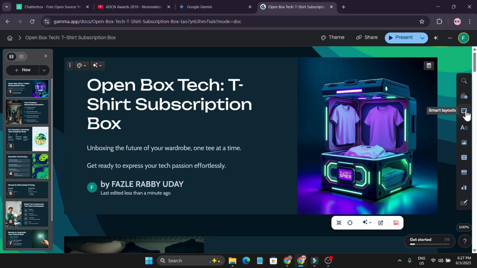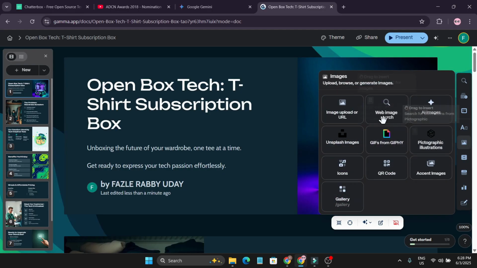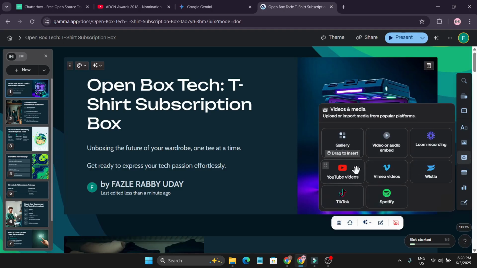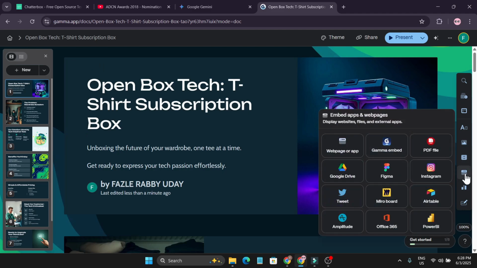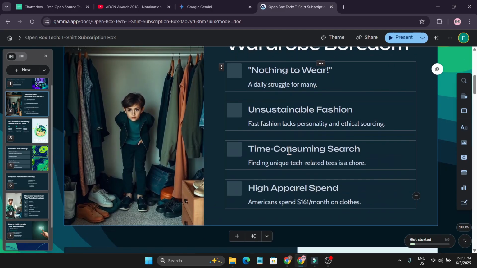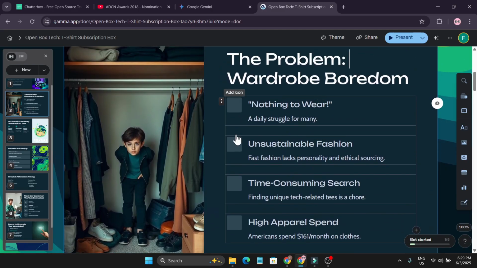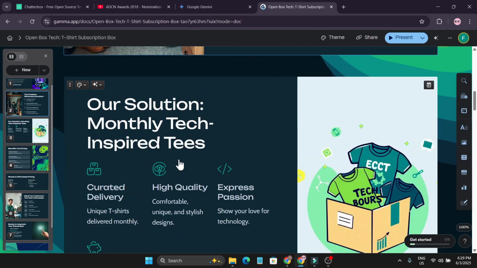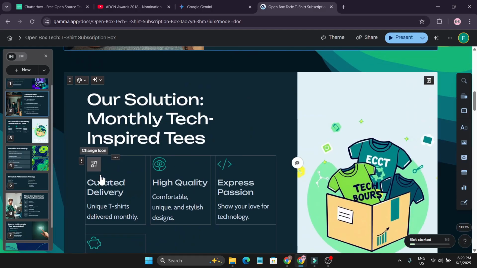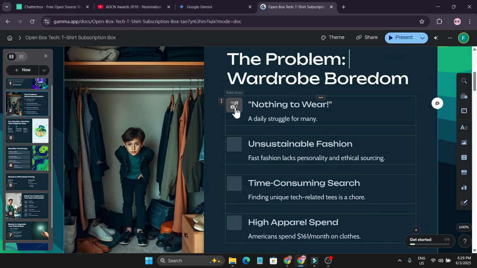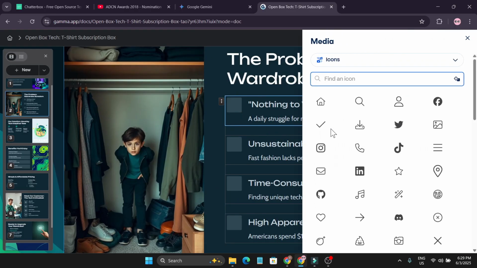So here you can also add your own images, search for images to add that. Also, you can add your video. I can insert my own video, and I can also add my social network like Instagram, Twitter. Now, if I go down in the second slide here, you can see there's an option to add icon. Like if I go down, it adds some icon here with a different logo. But if you want to add your own icon with a different logo, you can just click on add icon, and you can choose this icon